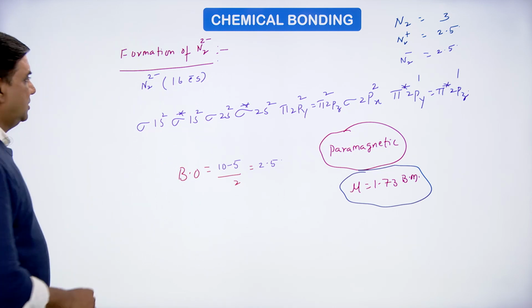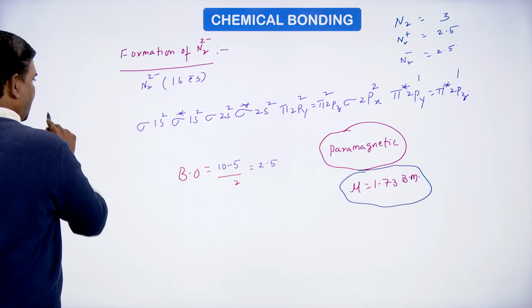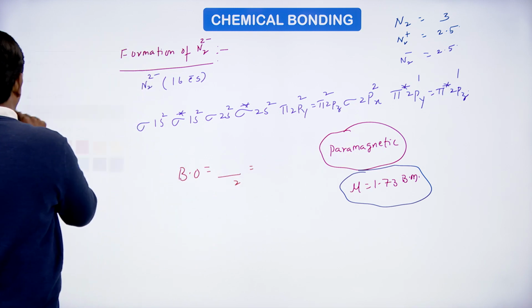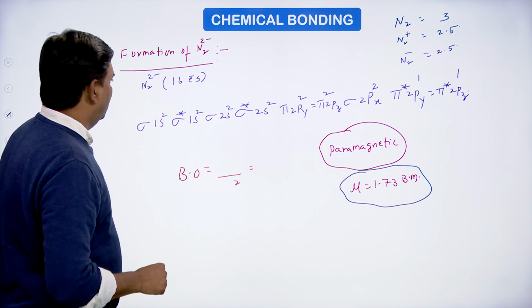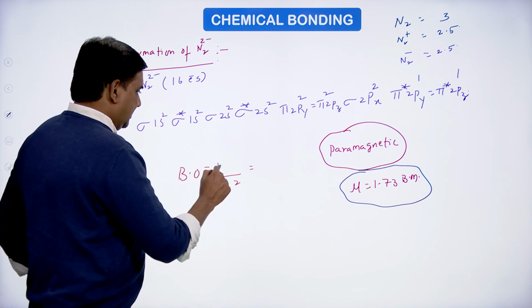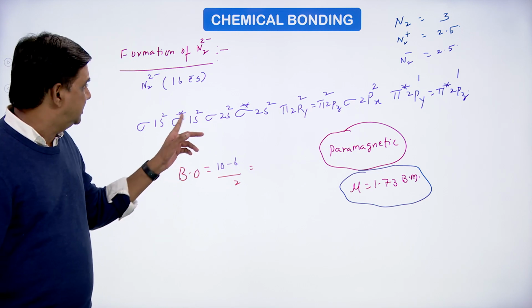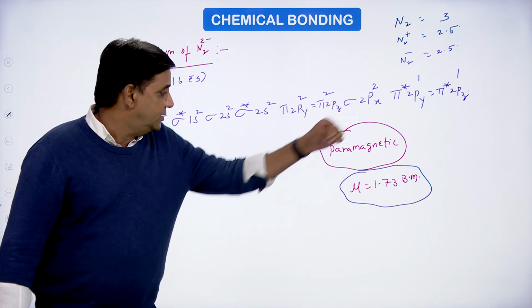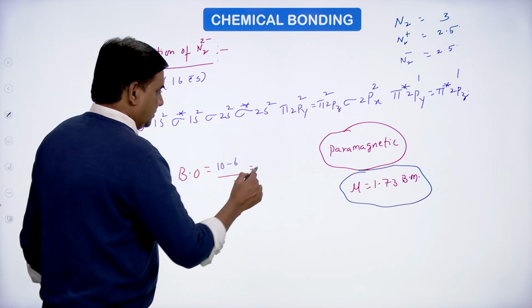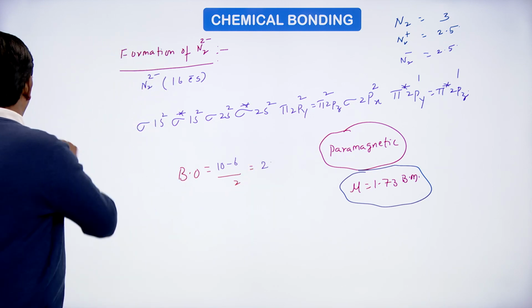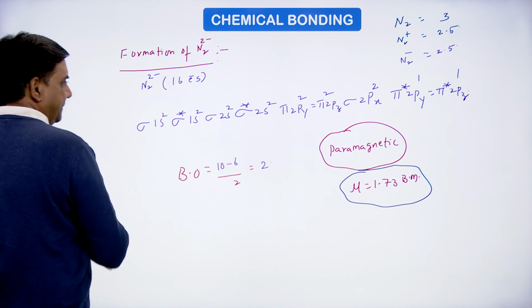Now what is the bond order? Bond order is equal to 10 minus 6. Anti-bonding orbitals now become 6: 2, 4, 5, 6. 10 by 6, no, 10 minus 6 by 2 equal to 2. Bond order is 2. Then the magnetic moment would be